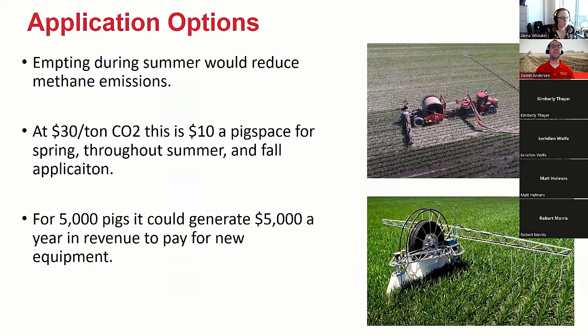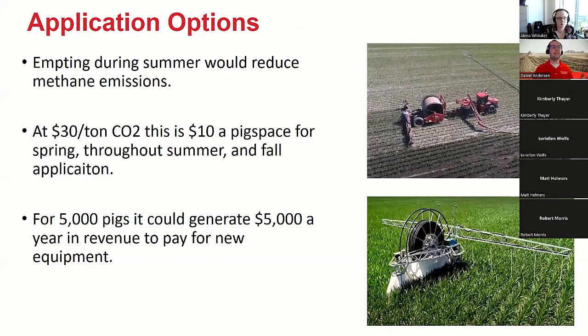And while you don't qualify for some of those really beautiful carbon credits from renewable fuel production where you might get $150 per ton of CO2 not emitted, there's an offset market that we could potentially qualify for that pays roughly $30 a ton of CO2. And if you think about this, a typical Iowa swine farm releases somewhere in the neighborhood of 15 to 18 kilograms of methane per pig space per year. If you multiply that by 25, you can get kilograms of CO2. And if you turn that into how much money we could make on this offset market with a 70% reduction, which I think applying manure spring, summer, and fall could generate for us, we can start talking about $10 a pig space of potential carbon credit profit.